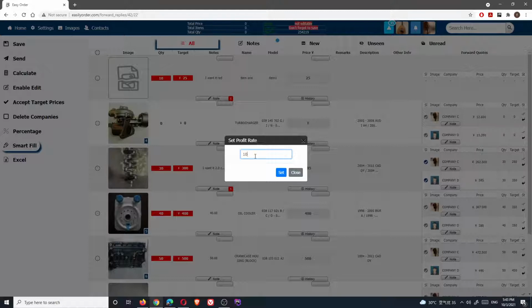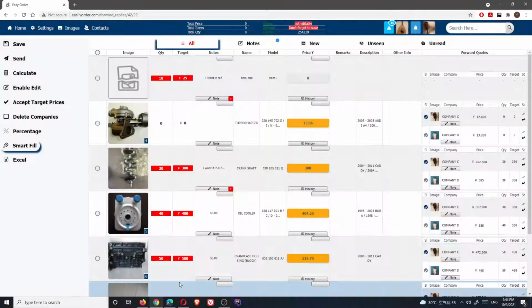If it is cheaper than that, then it will prefer the target price because the customer is already agreeing to buy at this price. If it is more expensive, then it will write the right hand side company price including your profit, because it means that your customer's target price was too cheap, that you can't quote this price because it is lower than your profit ratio. So let's click here, set price, and as you see